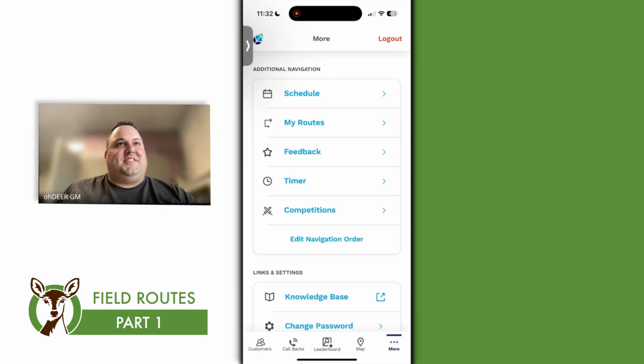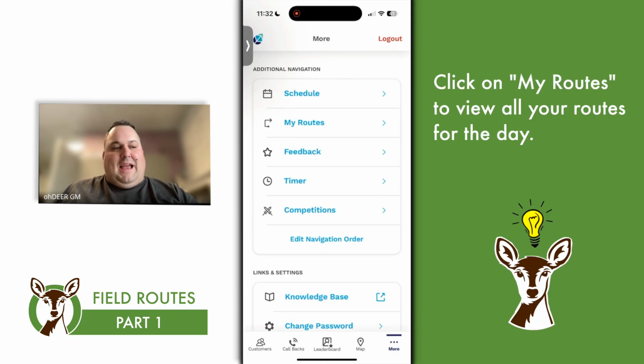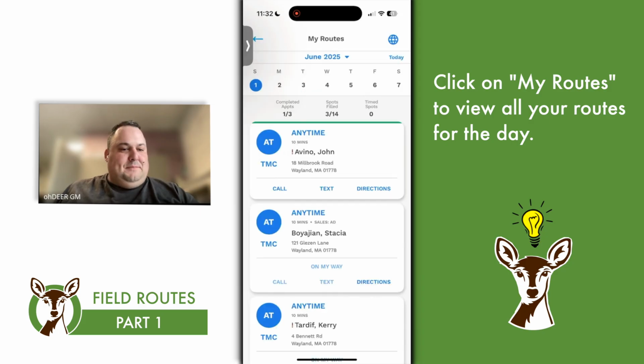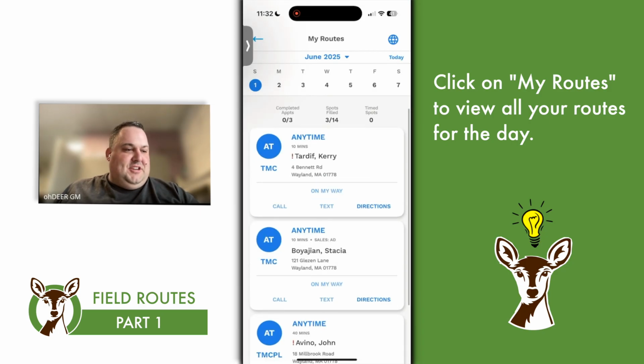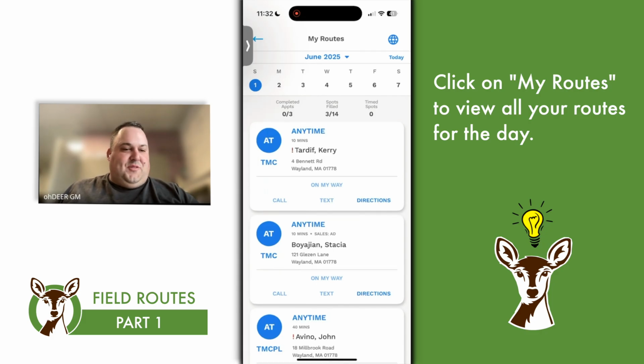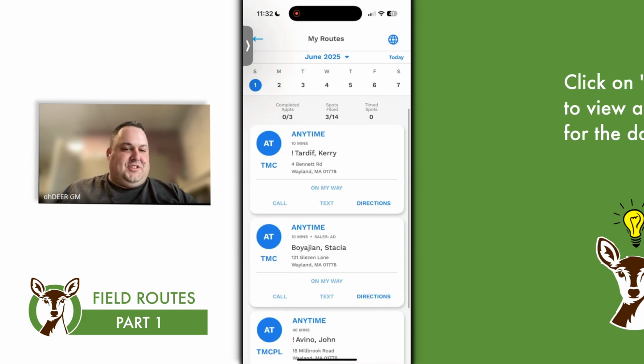You might have access to see a local list if there's a list of houses that are just due that somebody can get to if they're able to finish their list beforehand. But basically, you're going to stick most of the time with my routes, which will open up to a list that shows it's now refreshed, but it was initially showing one completed job. But right now it's refreshed to show that I have three stops, just like you see on the right side